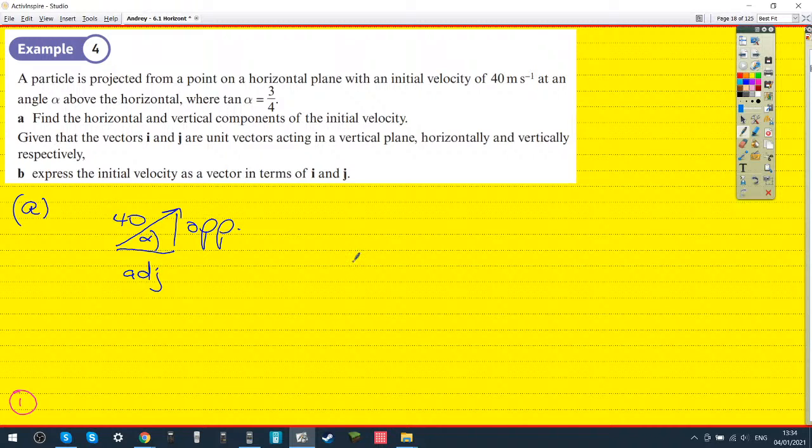So what I need to do, like, so it's opposite over adjacent. So,